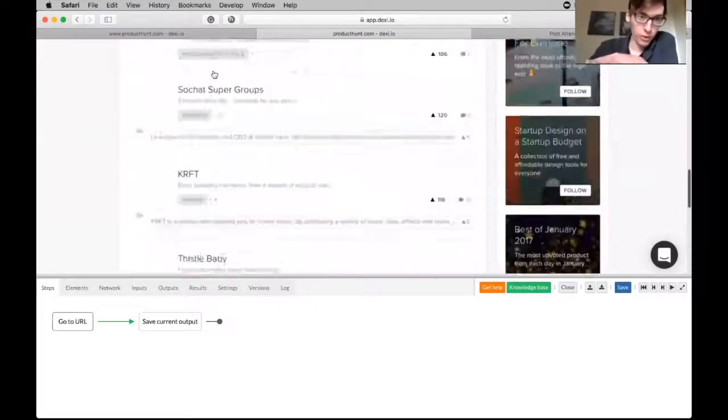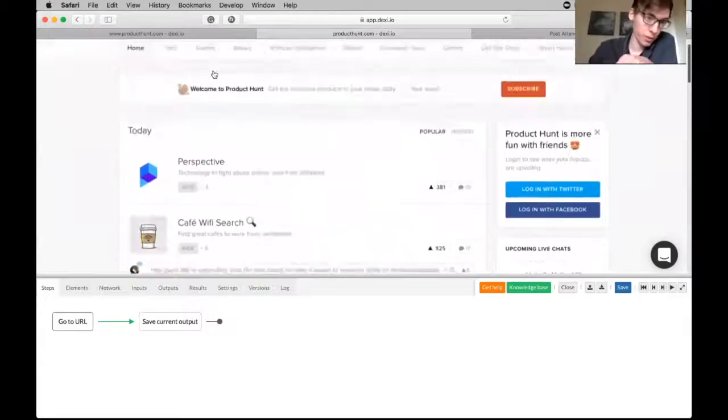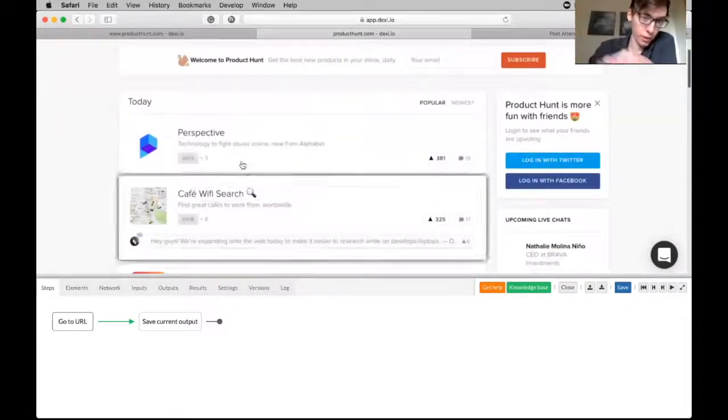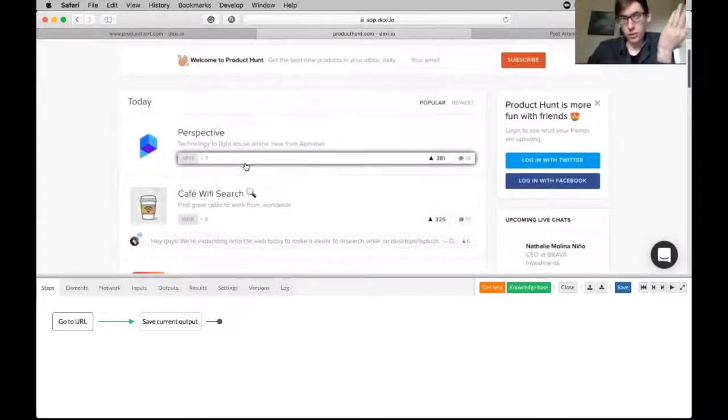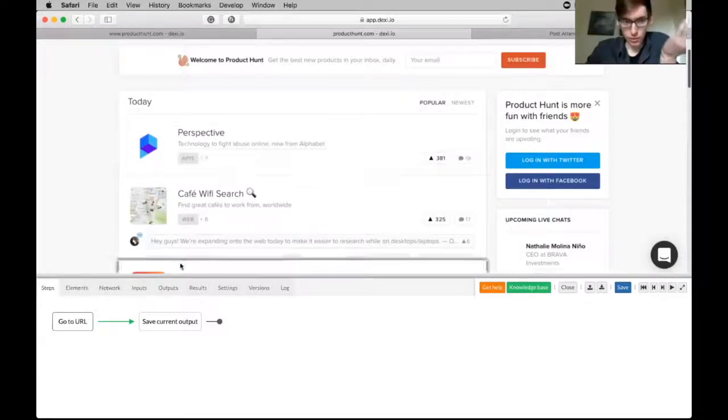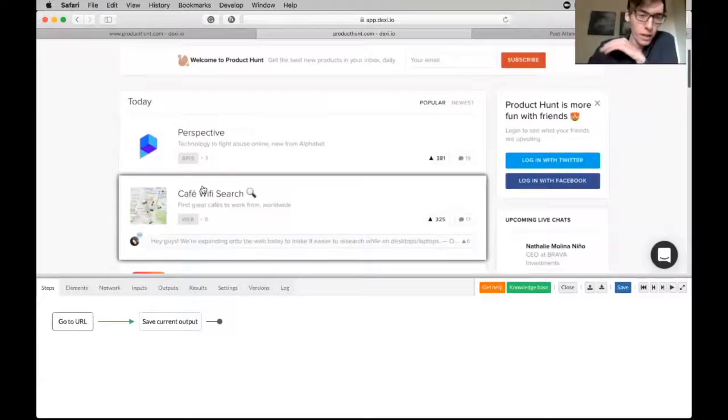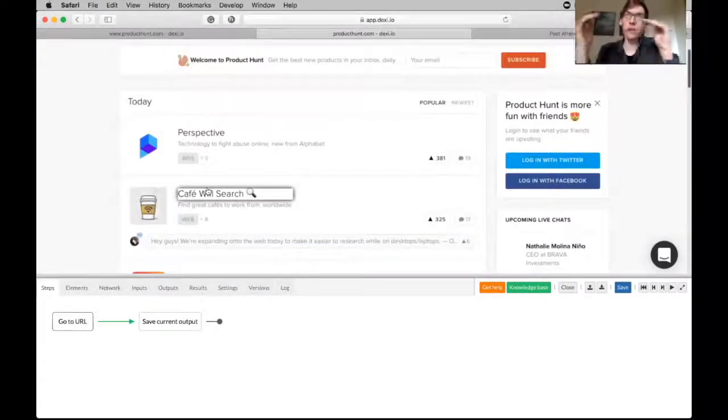We will just scrape from this website the today's top apps. So a quick way to start doing this is to create a loop. A loop is essentially something that will do one thing and then move to the next one and to the